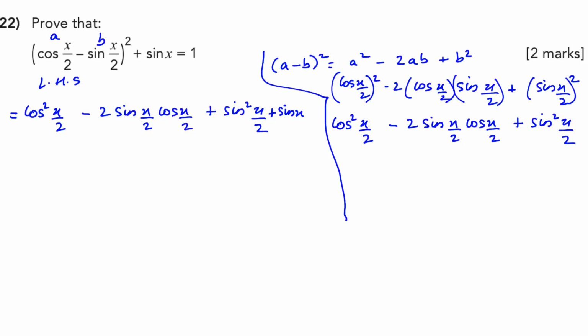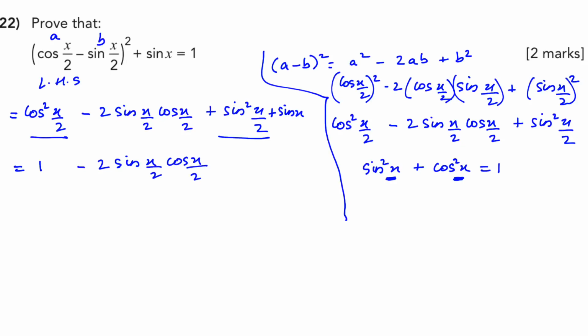So the other identity that you should know, this is also given in the formula sheet, sin square x plus cos square x is equal to 1. Whenever you have anything here, if it is 5x, sin square 5x plus cos square 5x, it's going to equal to 1. Therefore, sin square x over 2 plus cos square x over 2 is equal to 1. So we will just write that. And then the identity which I wrote down now,